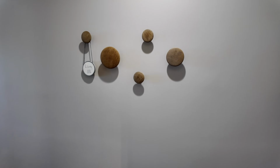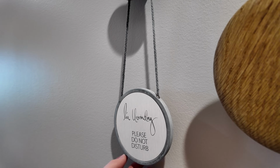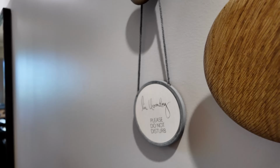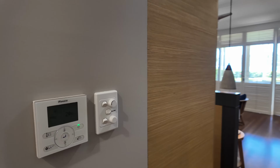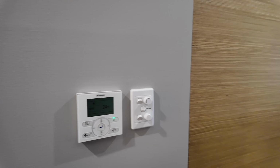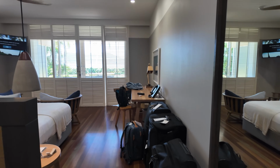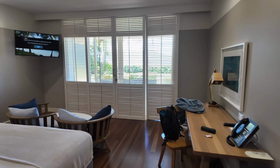And then walking back out into your hallway, you've got these design style hooks on the wall, which is where you'll find your do not disturb sign when you first arrive. And then here is your room. So you've got your air conditioning controls on the left, along with your dimmer light switches and also the controls for the fan. As you can see, because of the way we travelled, we had a fair amount of luggage,